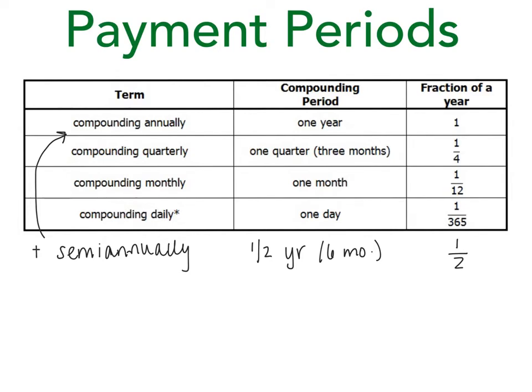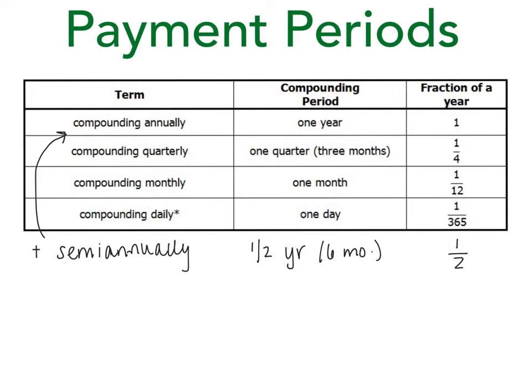There are other types, but the 5 most common is something that we call compounding, which we'll get to in a moment: annually, which happens over 1 year; quarterly, which, as it sounds, happens 4 times a year or every 3 months; monthly, obviously, 12 times a year over 1 month; daily, which is kind of rare, but we see it. It's usually 365, although most banks use 360. And then semi-annually, which this chart left out, but that is half a year or every 6 months,